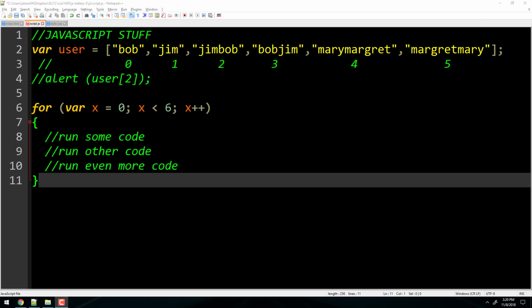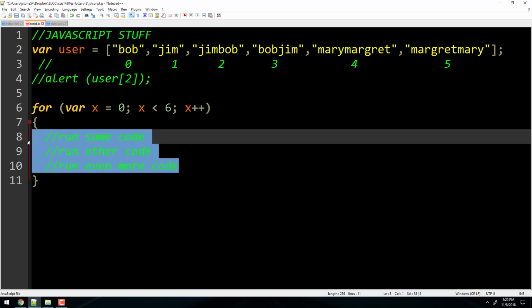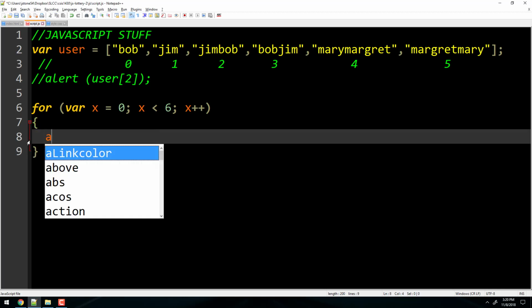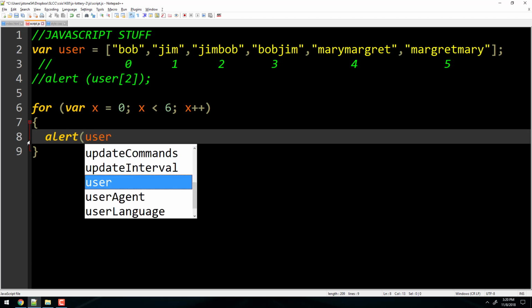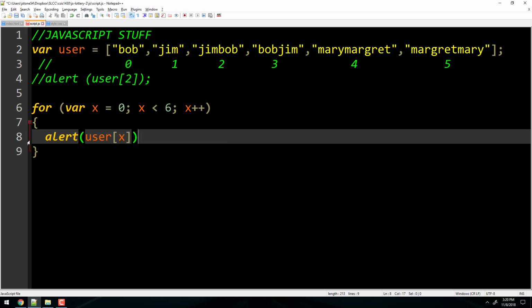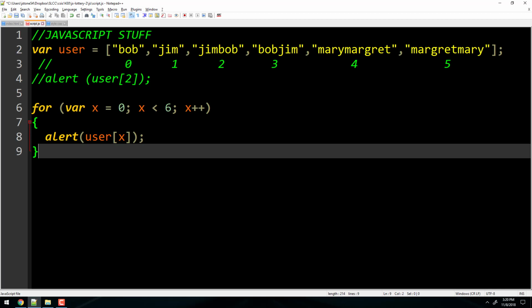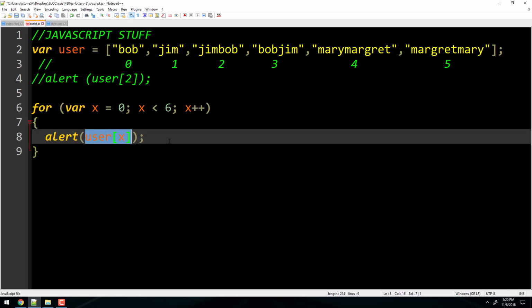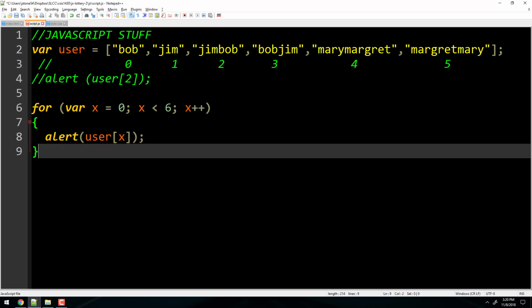So let me scroll back down so we have those numbers laid out there. Now, this is useful because if I want to, inside of my code here, I can say alert user X. Right? If I do that, the first time through the loop, what's going to happen? It's going to grab user 0. Next time through the loop, it's going to grab user 1, and then user 2, and 3, and so forth. So when I run this